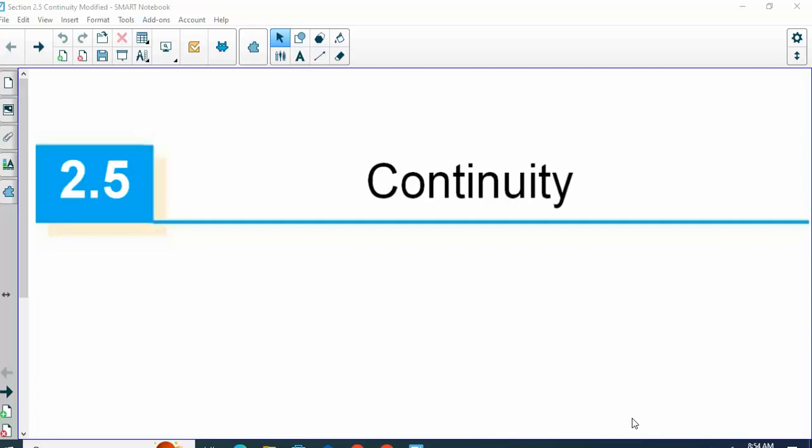Next section, we're talking about continuity, which if you guys follow along in your book, like I'm sure you do, I'm not really going to do this the way the book does it, but I think what I will do will make a little bit more sense. They try to do a very formal approach, and